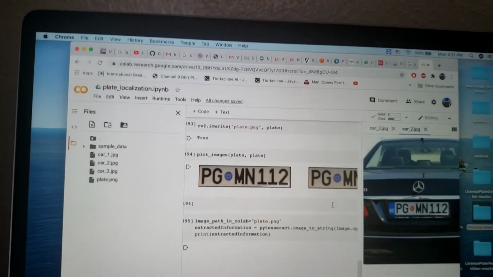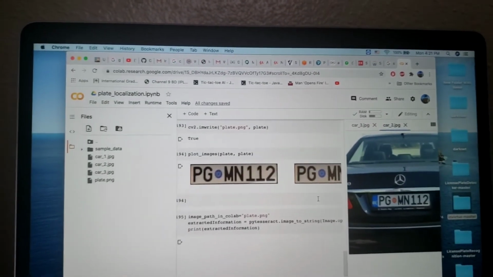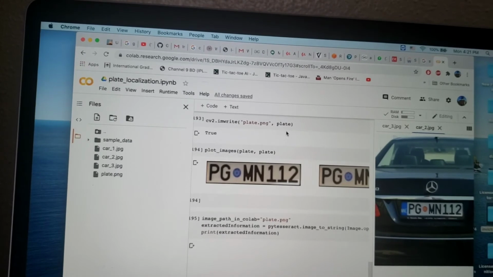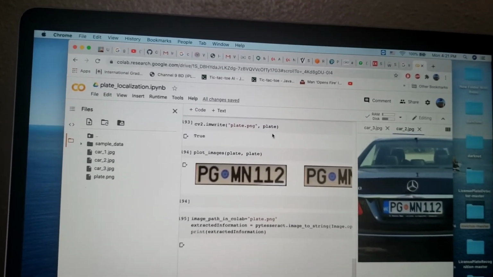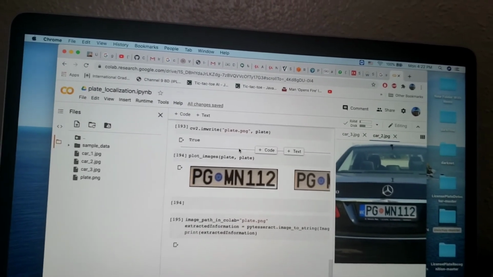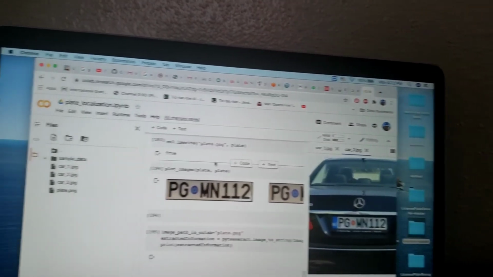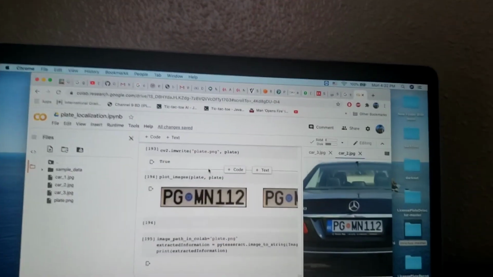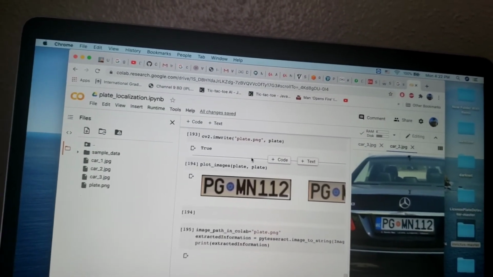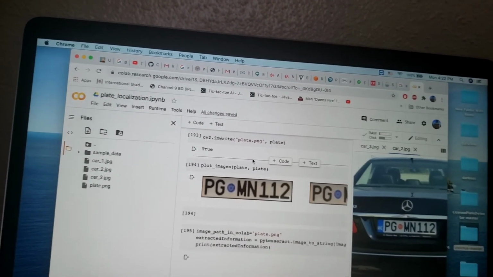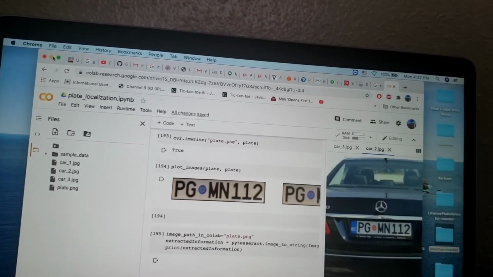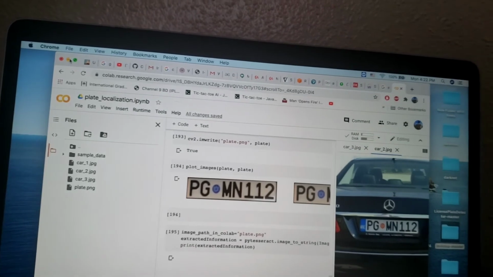Because these are on different platforms, one is an IPNB file and the other is a .py file. I tried to use PyTesseract in Flask, but the problem is Flask doesn't directly support PyTesseract, so I'm looking for some other way. My plan is to merge all these models into one page. Besides, I'm also trying to develop a CNN model. I'm not sure that I will be able to, but I'm trying.